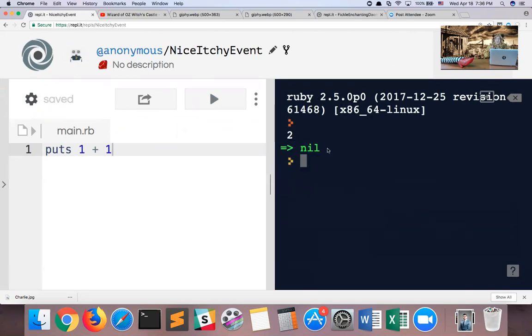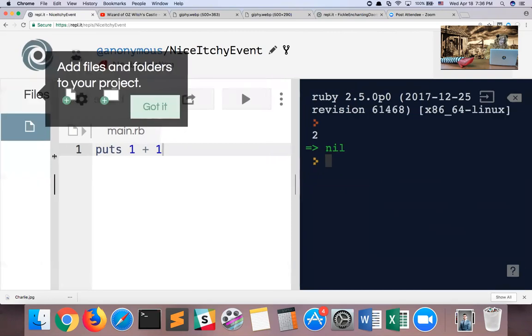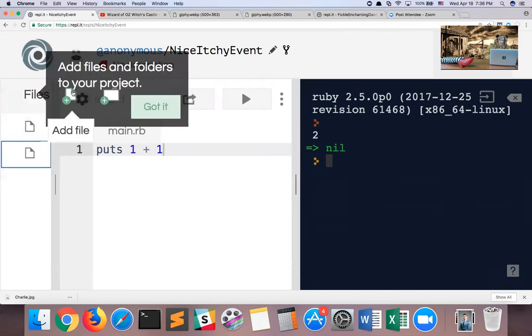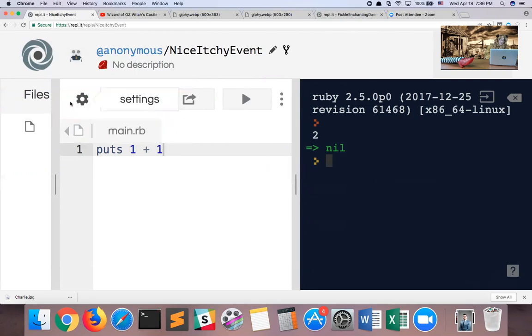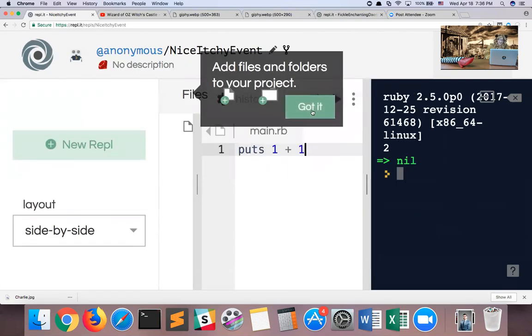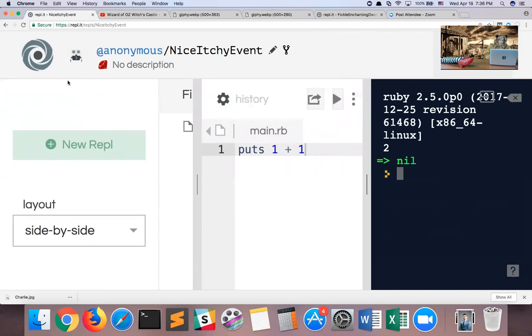So anytime you see this green thing in Replit for today's webinar, just ignore it. I believe there's a way to hide them. If I add a file, don't worry about what I'm doing here too much, but it's a way to get rid of those green things, which could be a little annoying.